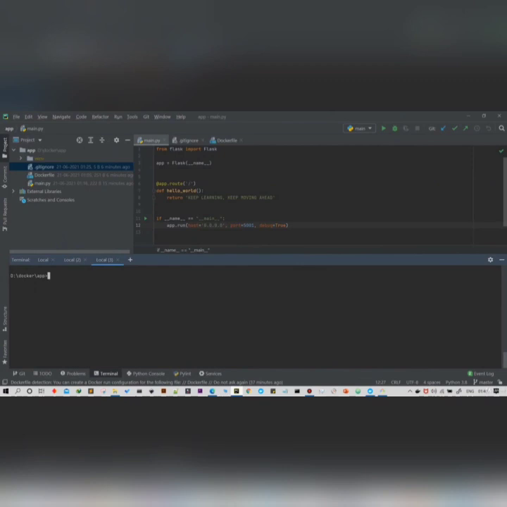So let's get started. The very first command which I'm going to use here is docker container ls, through which you will be able to see all the containers which are running right now. And as you can see, there are two containers running. Now I'm going to restart one of the containers using the restart command. Just simply write docker container restart and the container ID.